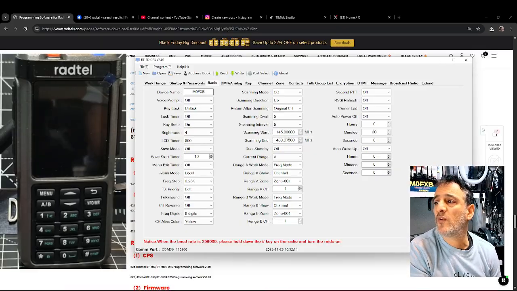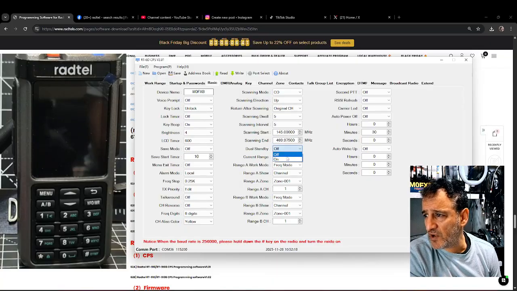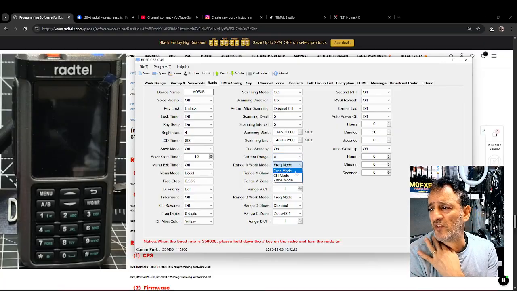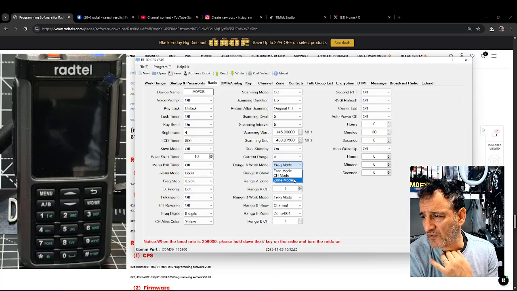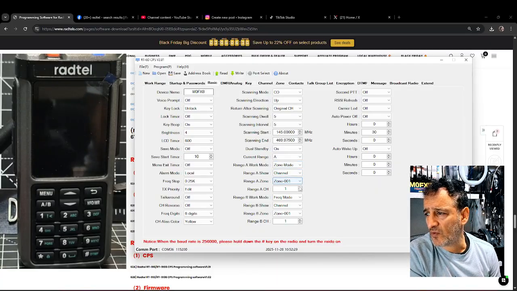145.000. Let's do it there. 1450, up right up to there. Dual standby. I'm going to turn that on so it'll dual receive. I want it to show the channel. Actually, I'm going to do zone mode. I want it to show zone, and then